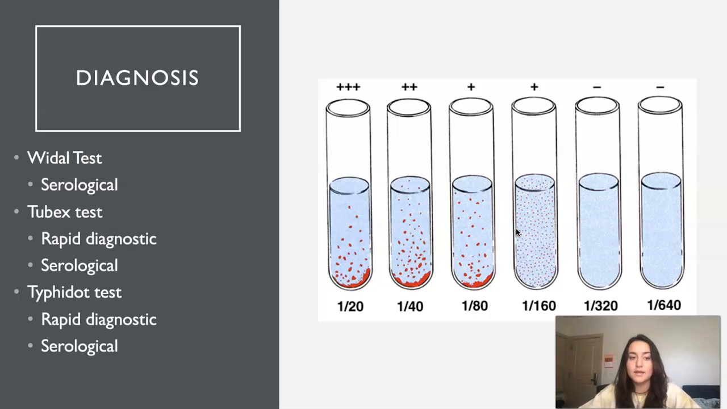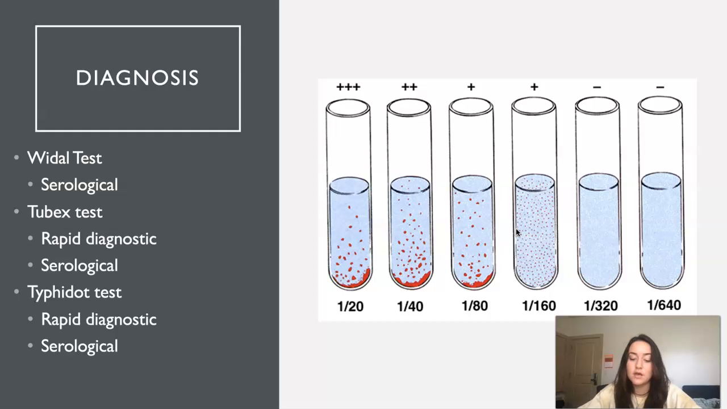test, Tubex, and Typhidot test. The second 2 are rapid diagnostic tests, so you'll get the results in 2 to 3 days. But the Widal test is not rapid, so it is more time consuming, but it's probably the most accurate, especially during stage 2. As you can see, how the test works is it's a serum mixed with dead